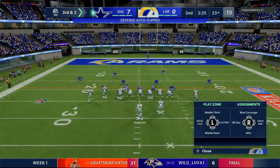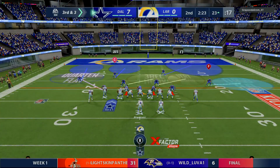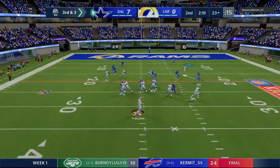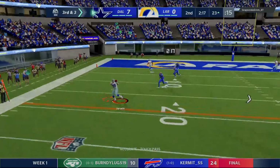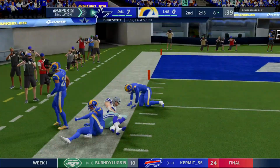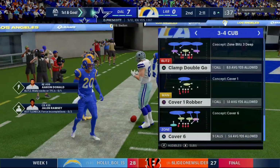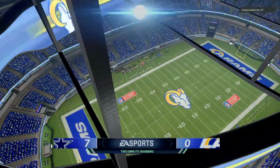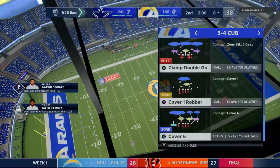The 8th play of the drive coming up. It's 3rd and 3. Prescott from the gun. Got an open man, the tight end, Jarwin. And they got it inside the 10 at the 8. They're able to convert on third down, and that sets up a 1st and goal. 2 minutes on the clock, second quarter,